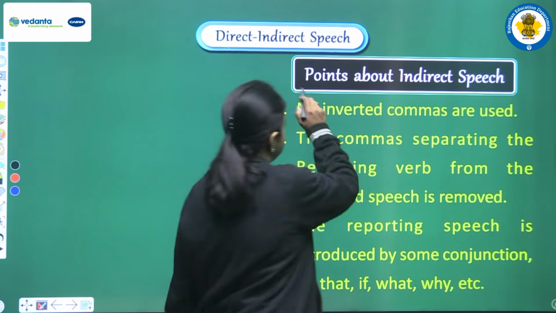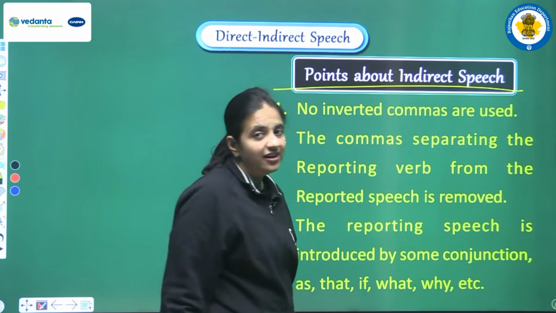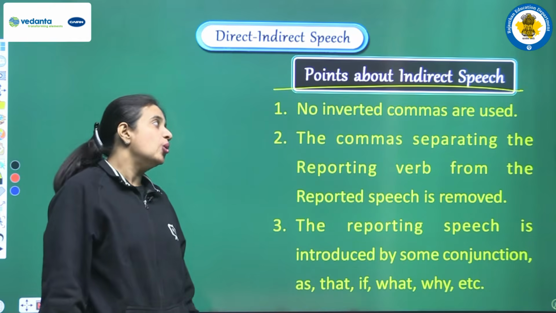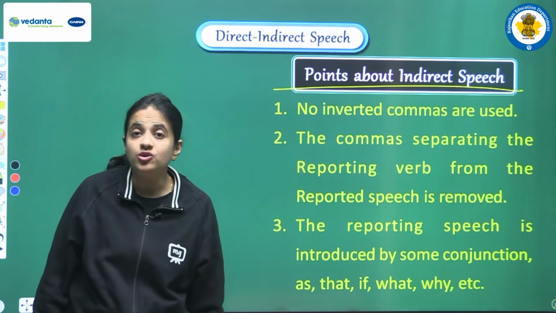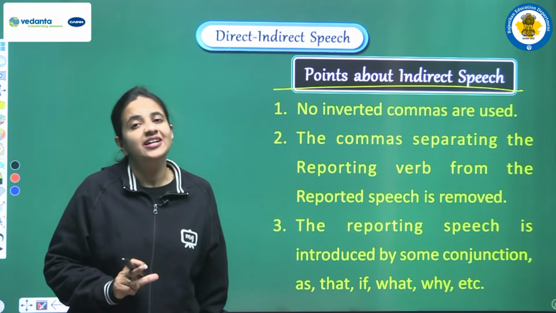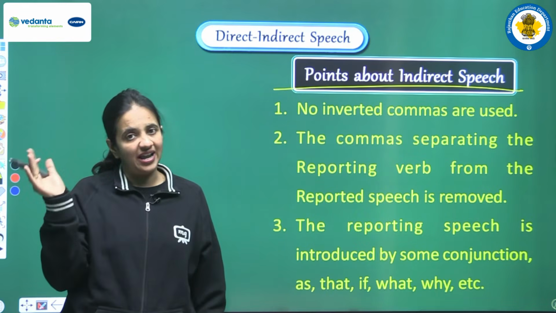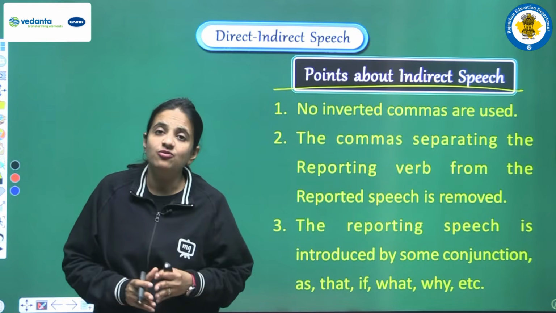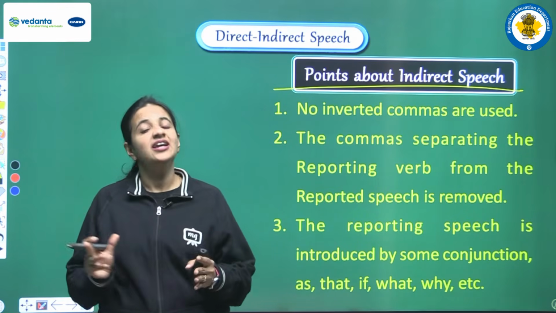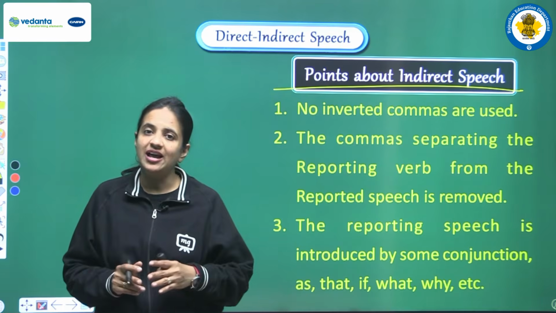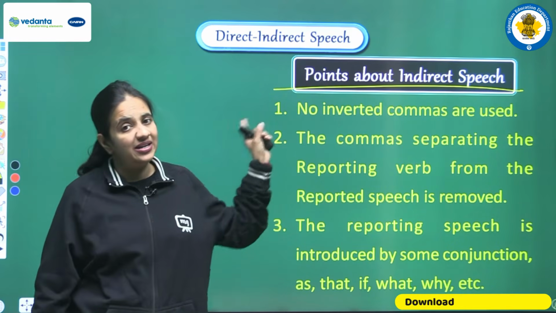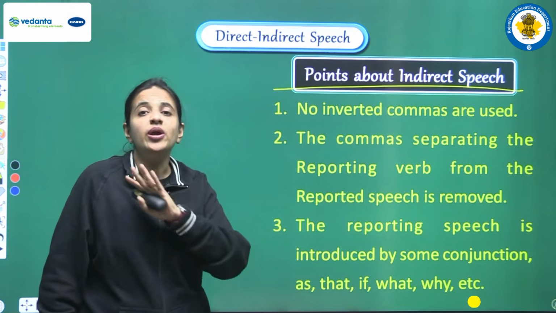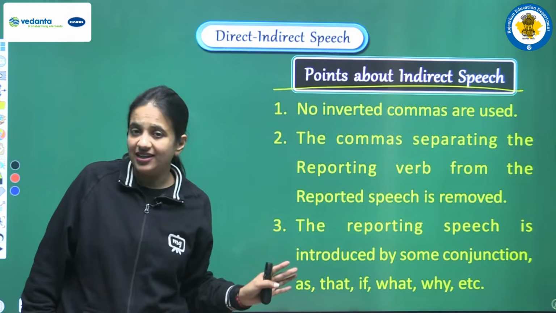Okay, so now let's see the important points that are related with indirect speech. So let's read the first one: no inverted commas are used. So this is the very first change that we can observe in the structure of direct and indirect speech. When we were having the direct speech, then we were having inverted commas, right? And in between the inverted commas we were having our reported speech. But now when we are following the structure of indirect speech, then no inverted commas should be there in the